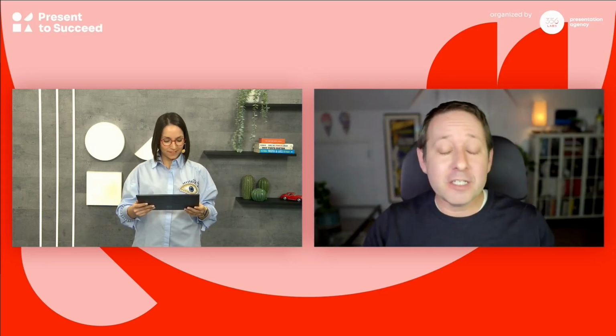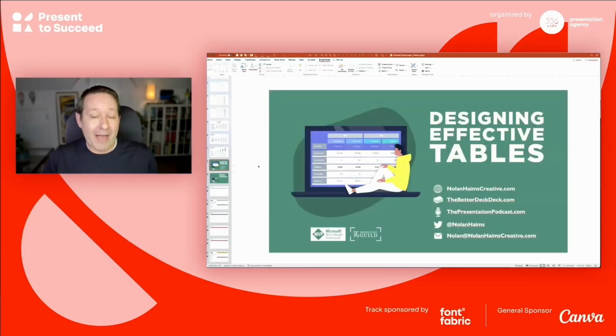So the Better Deck is not tables. It's all about how to design. It's 52 design solutions to bullet points, right? So nobody likes seeing bullet points. This was something we produced recently. 52 cards, and on the back of each card are 3 real world examples of how to use this technique in practice that you can steal. Just steal them and make your own slides.